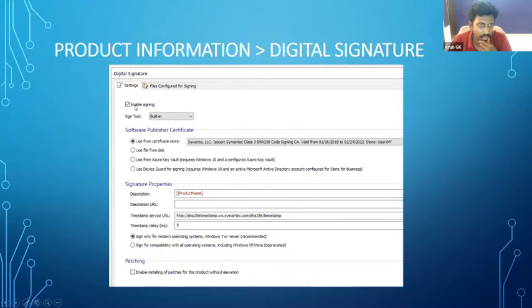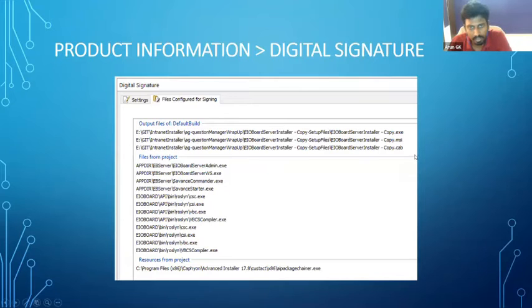There's Enable Signing, what tool we have to sign with, built-in or custom, and the software publisher certificate, whatever you wish to provide. Here I provided our own code certificate file. Then the signature properties, and these are all required for signing the exe files.